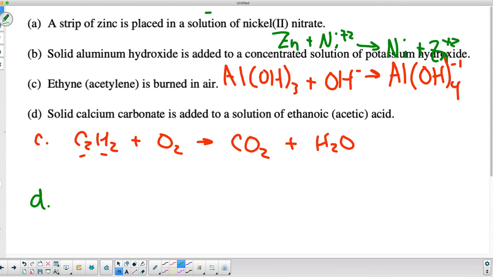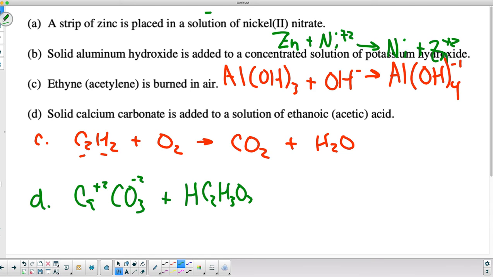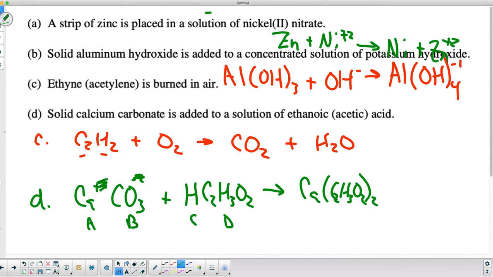So D says solid calcium carbonate, with calcium a +2 and carbonate CO3 with a -2, plus a solution of ethanoic or acetic acid. That is my HC2H3O2. Acetate is a polyatomic ion that we learned, so you should be able to do that. Now this ends up being A, B, C, and D. So what I'm going to do then is do my double displacement where A goes with D. So that's going to be Ca, okay, C2H3O2 like this, and then a 2 here like that,